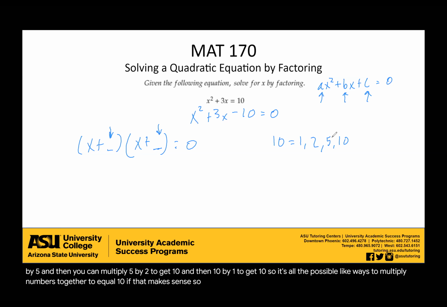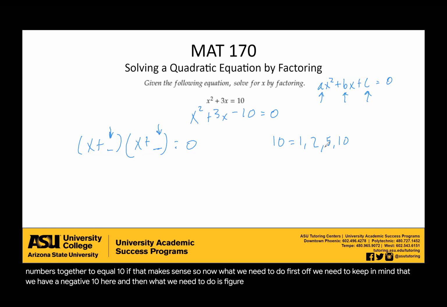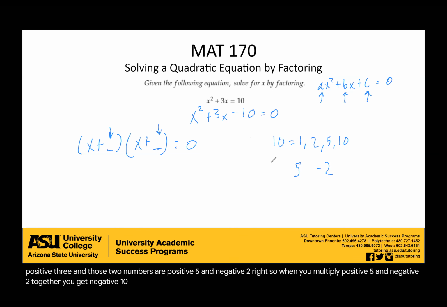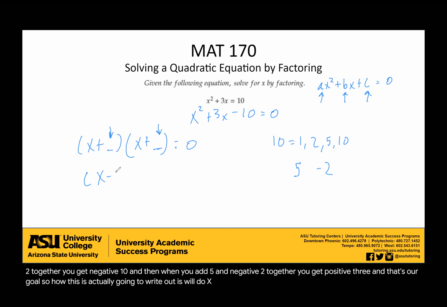So now we need to pick out and decide. First off, we need to keep in mind that we have a negative 10 here. Then we need to figure out which ones we can add together to get a positive 3. And those two numbers are positive 5 and negative 2. When you multiply positive 5 and negative 2 together, you get negative 10. And when you add 5 and negative 2 together, you get positive 3. And that's our goal. So this is going to be written as x minus 2 and x plus 5